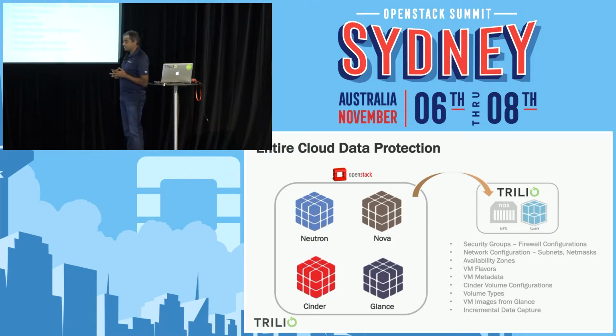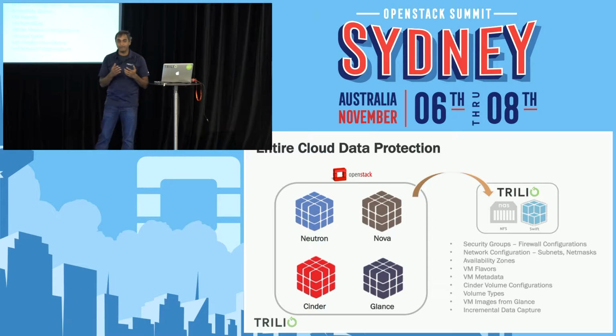So we start with the security groups. Any security groups that are applied to your VMs, we capture that. And any subnets, any net mask that is part of your application, we capture that. We capture the information about availability zones because of the feedback that we get from customers' deployments, so people use availability zones in a very